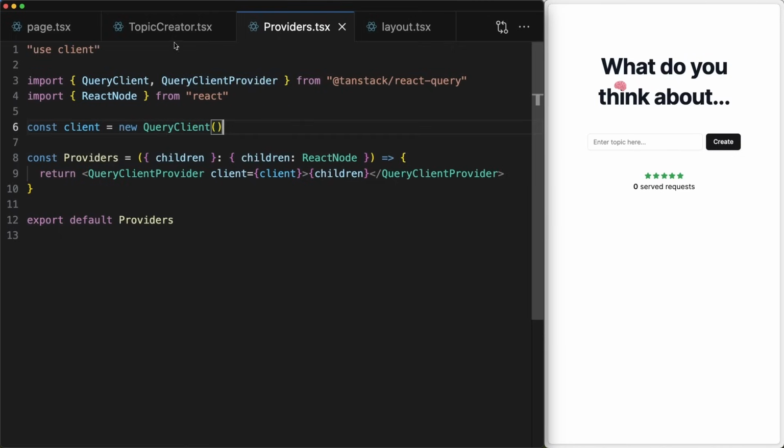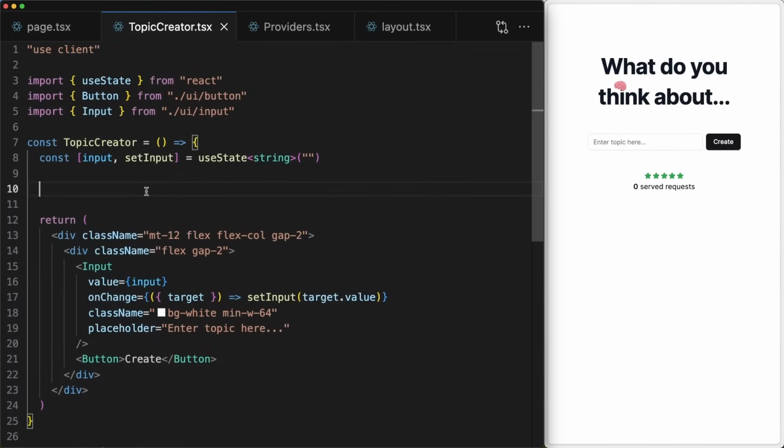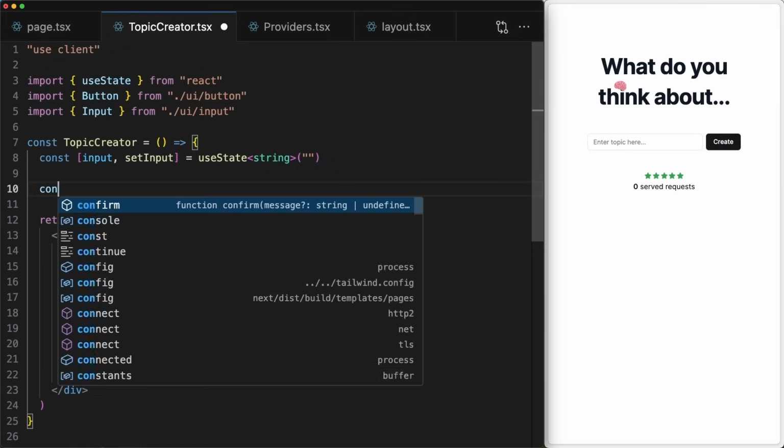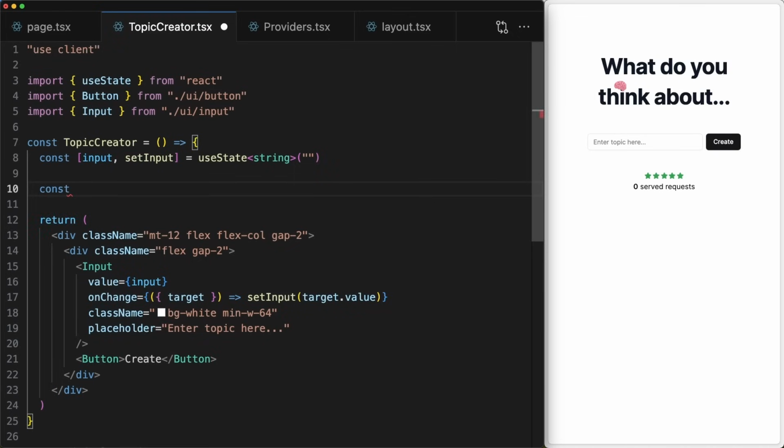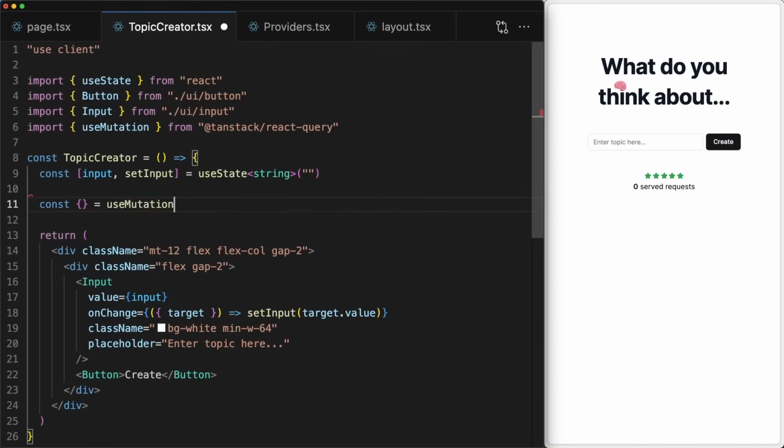Beautiful, dude. And now as for my favorite data fetching pattern that I made a video about like a week ago on my main YouTube channel, because I like it a lot. So how this works basically is, let's go inside of our topic creator and let's destructure something from the useMutation React Query hook. Now, if you've never used React Query, this sounds fancy. useMutation, whoa, what is that, right? But as you're gonna see, it's